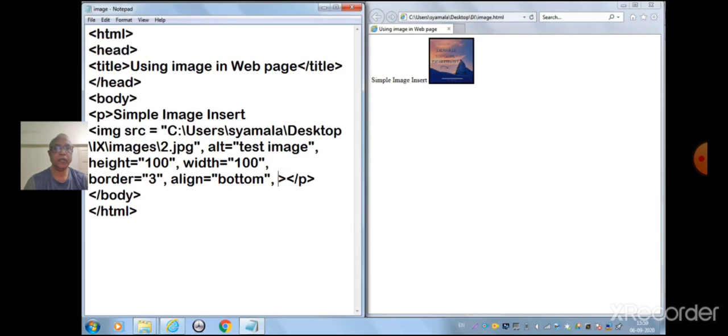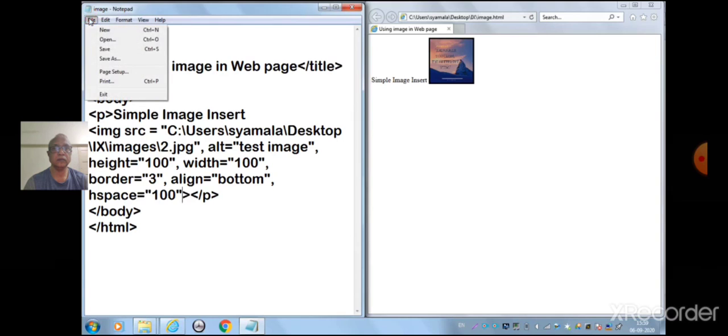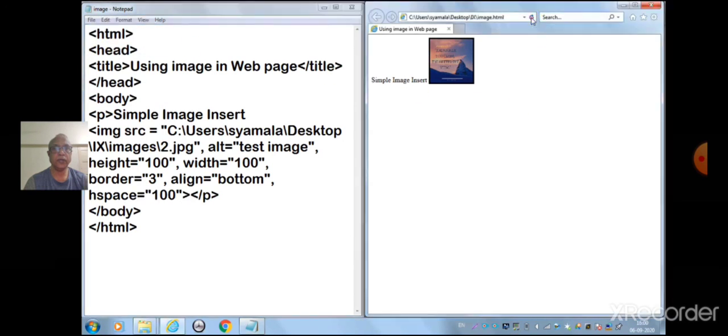The next attribute is hspace, that is horizontal space. If you execute it, the space between the text and the image, the horizontal space, you can see it is according to the pixels. The next one is vspace.